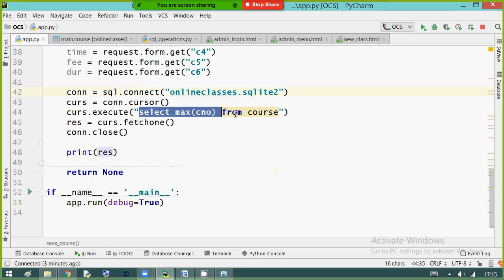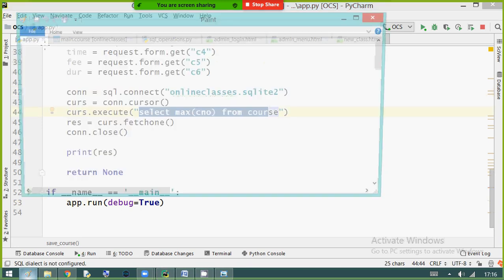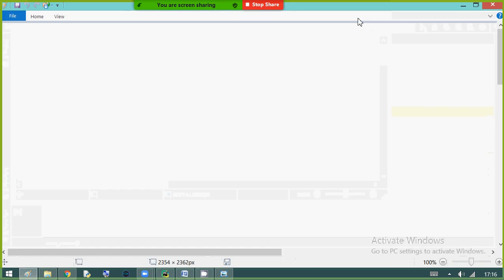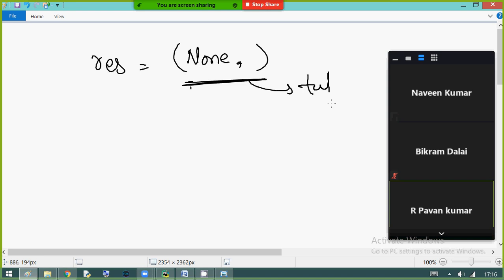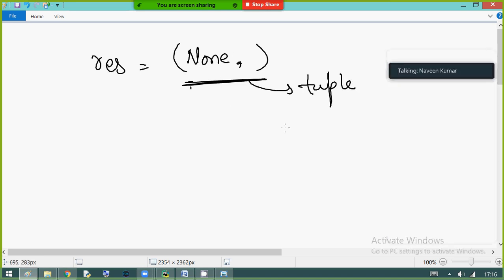Because there is no data. So point to be noted, the basic points of your Python. The result is holding None, comma. So this is a tuple, guys.